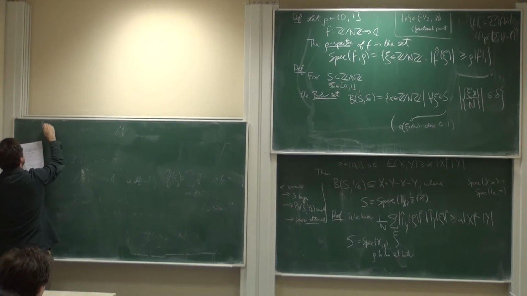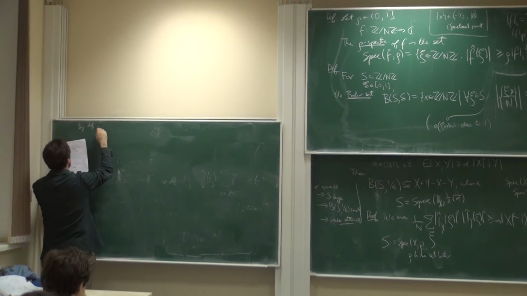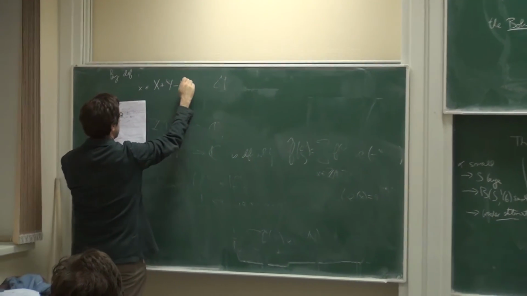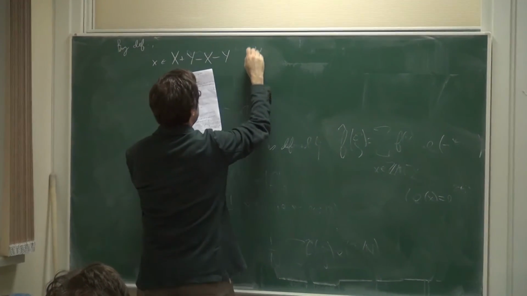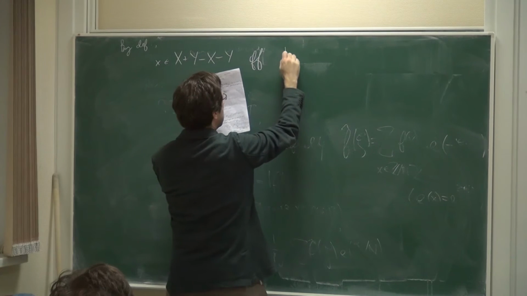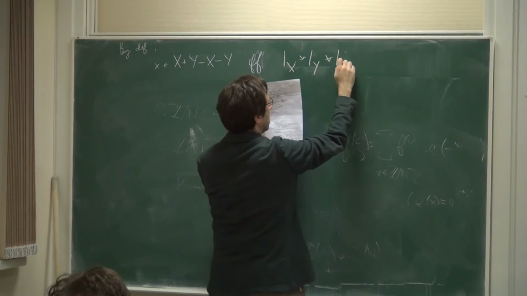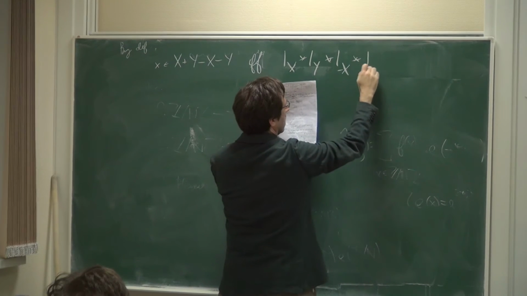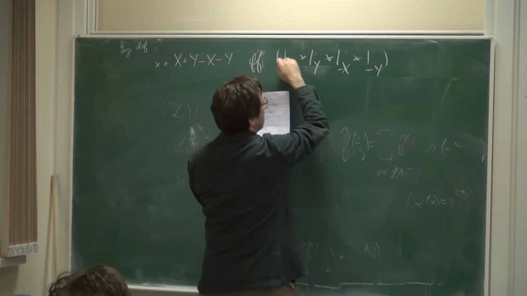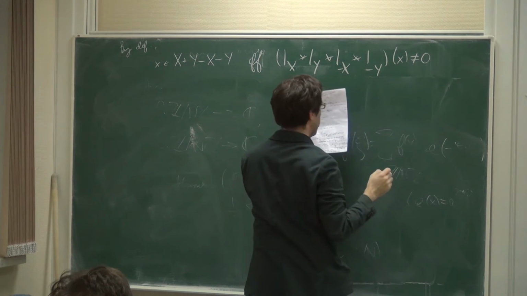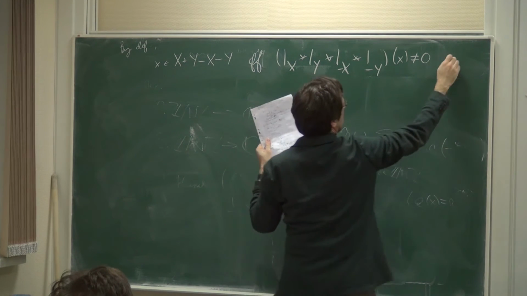By definition, x can be in the set if and only if the convolution is non-zero at x, and